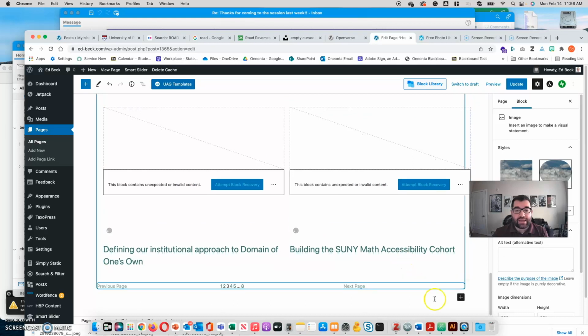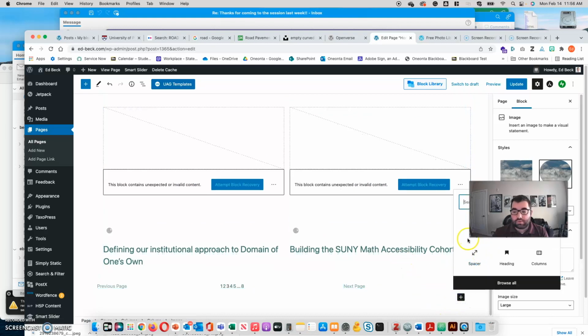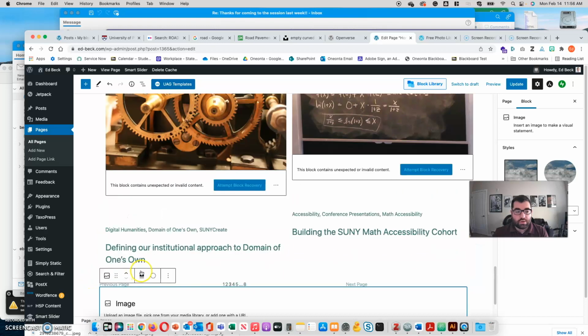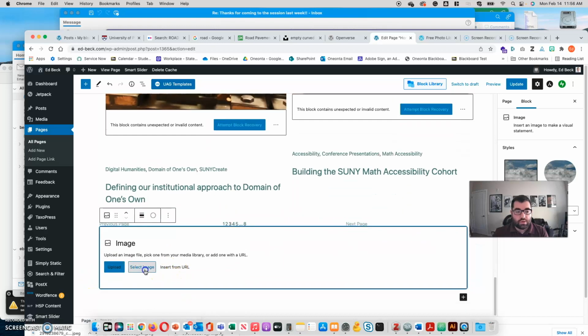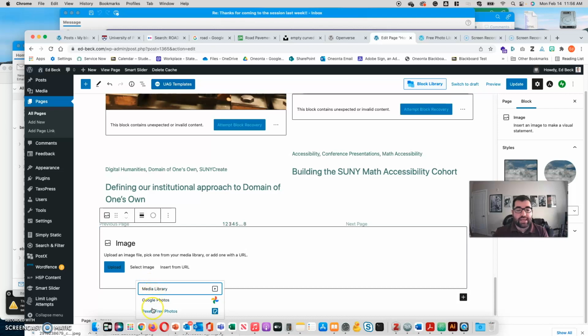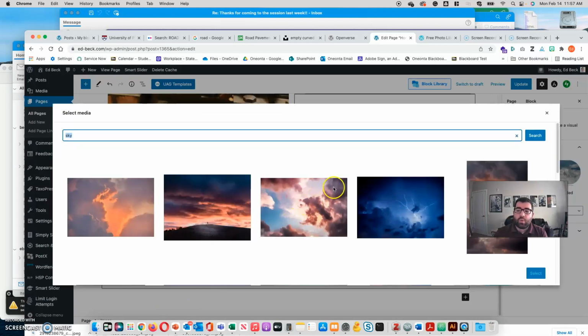where I can add an image, and if I click on select image, there are plugins that can add both from the media library but also from integrations. I think that if OpenVerse were a tool in this list, that would be extremely useful, and I would use that feature. If OpenVerse were included on that list, one of the things that I would hope for is just like this one,